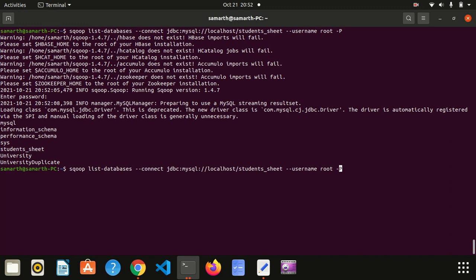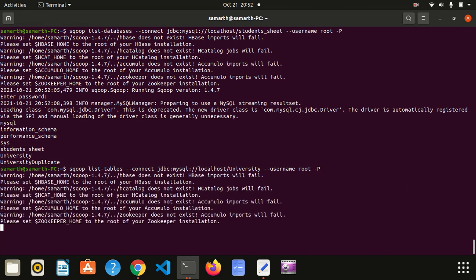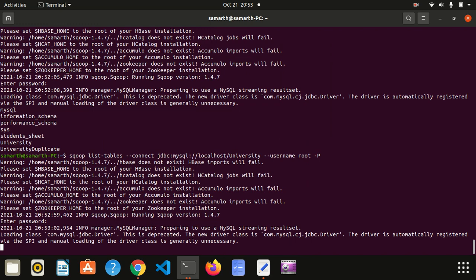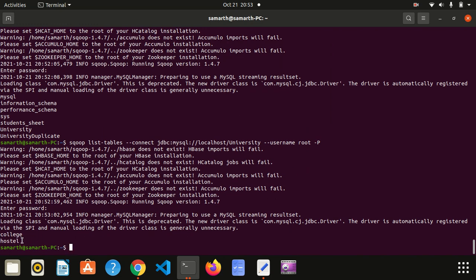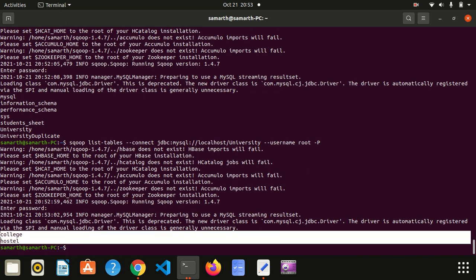For that, instead of list-databases, you will say list-tables from the university database. You can see these are the two tables present in my university database.